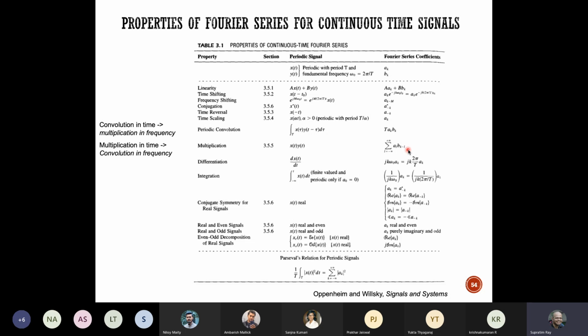So for example, if I say I'm going to use a filter, essentially what that means is I convolve the signal with the filter. But in the frequency domain, it just means multiplying the signal's transform with the Fourier transform, or in this case, the Fourier series, of the filter. So if the filter is an ideal sort of filter,